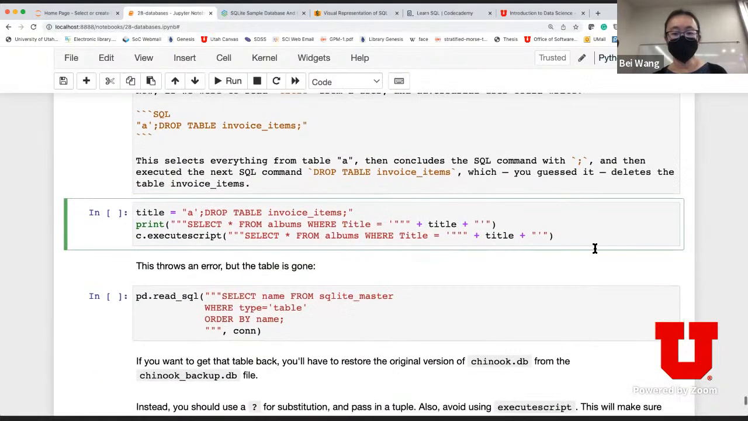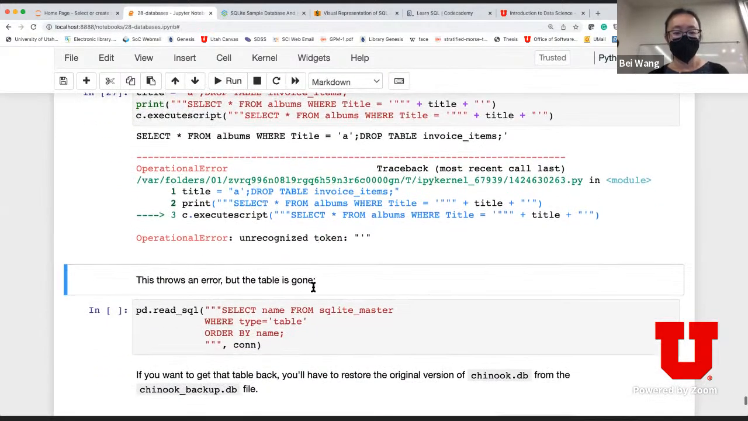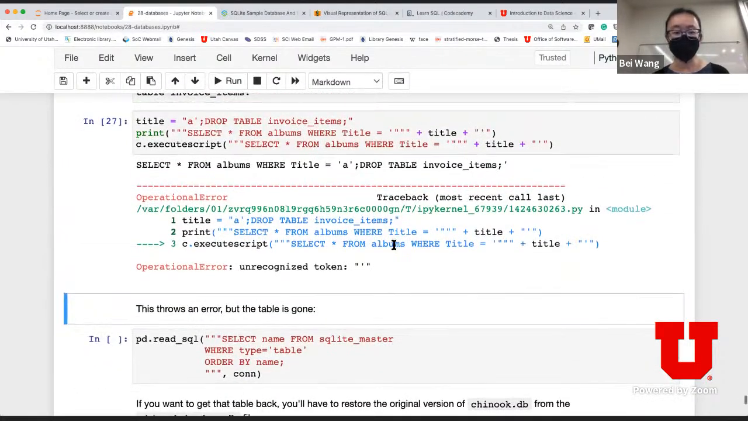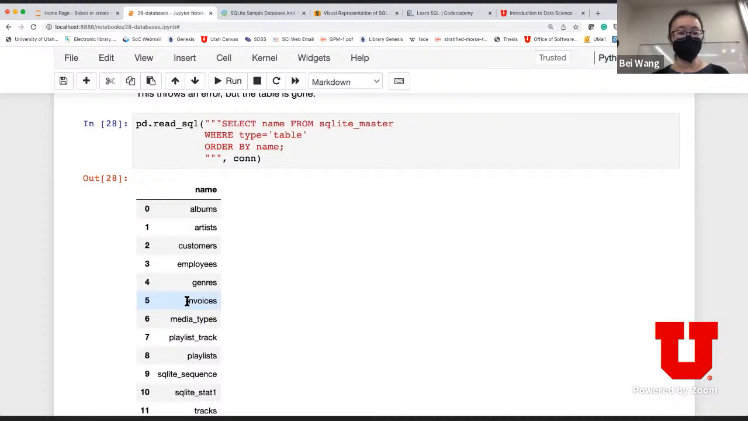Okay? So indeed, if I actually execute this, well, it looks like, oh, there's a bug. But actually, even though it didn't find the specific thing you're looking for, and there's an unrecognized token, whatever, it does not prevent the underlying code from actually deleting that specific table. So the table is actually gone. Remember, I'm going to delete the invoice_items table. And if I actually display it, previously I had invoices and invoice_items, but now I have successfully deleted an entire table from your database